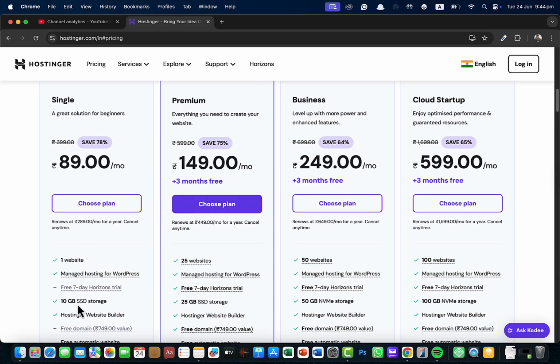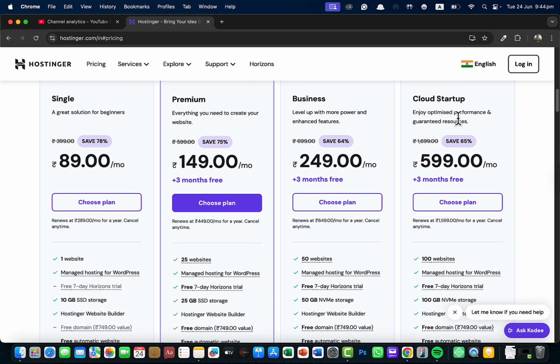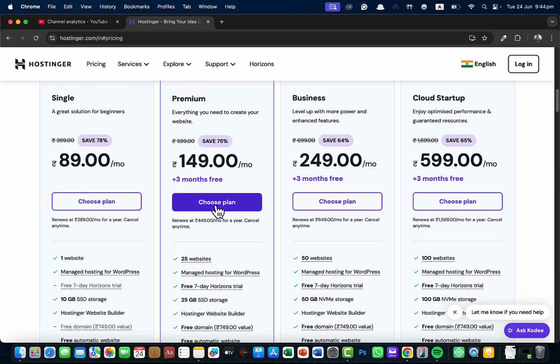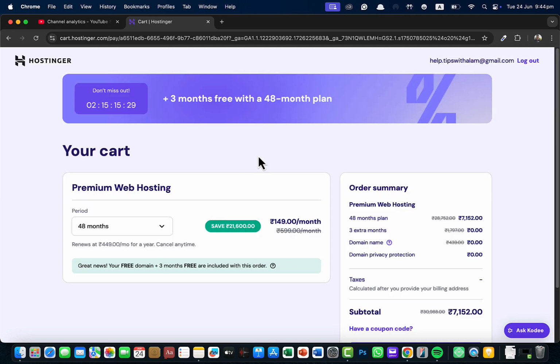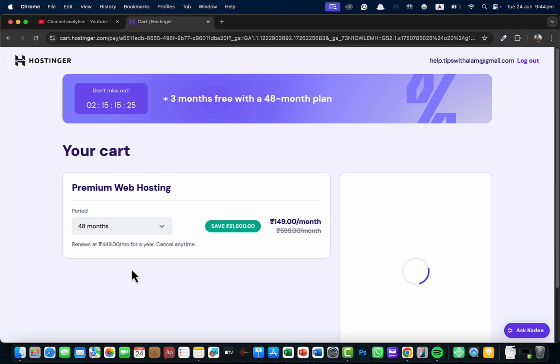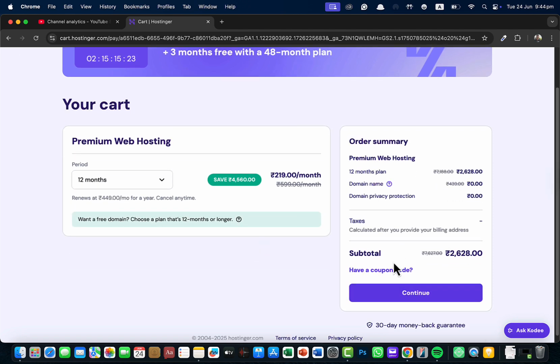You have this plan here, single with one website and premium with 25 websites and the business. I'll go ahead with the premium one because I want multiple sites, and this will be added to your cart. Here you can select the period. I'll go with 12 months. You can see it's showing as